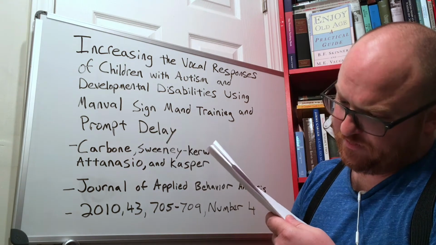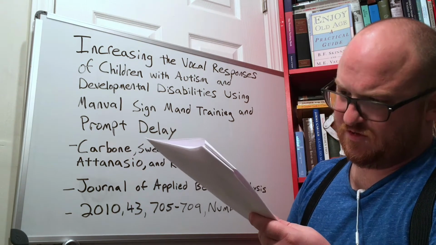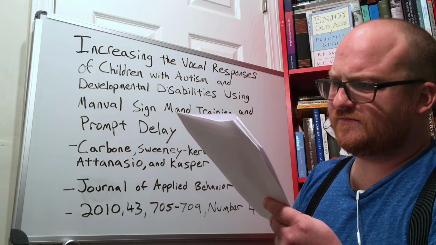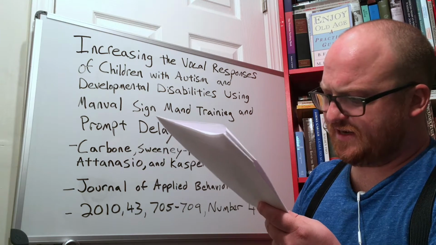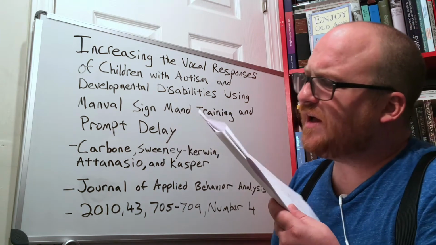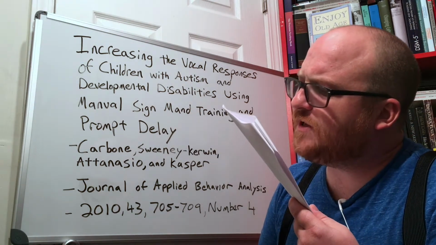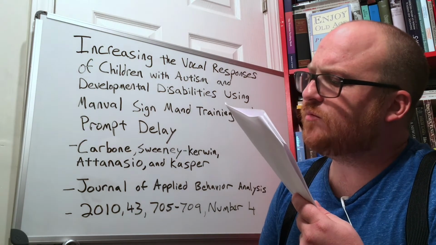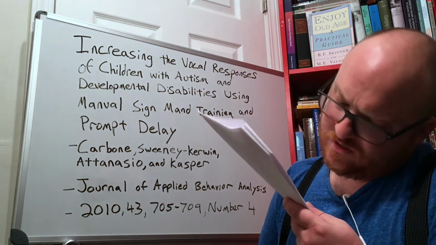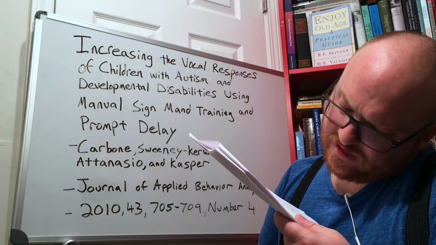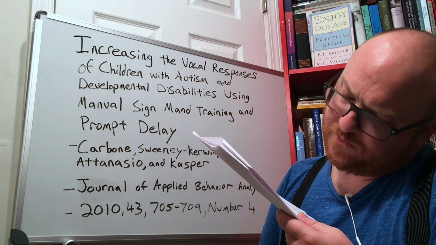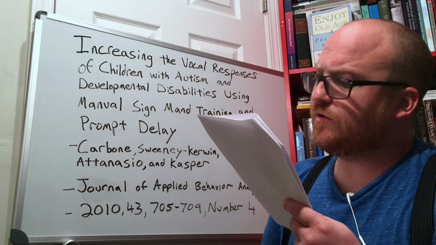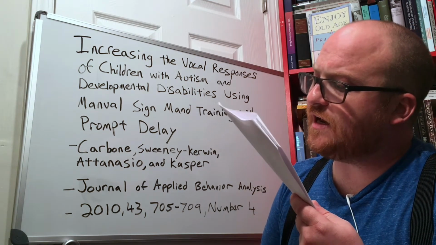Okay, I mean, that pretty much says what the y-axis is. So, all right, baseline, steady state, steady state, steady state. Looking good. We got dots, unprompted, prompted. Prompted what? Prompt delay and vocal prompt. Frequency of manual sign mands accompanied by prompted and unprompted vocal responses per session. So they're vocal, and the vocal response. So prompted and unprompted vocal